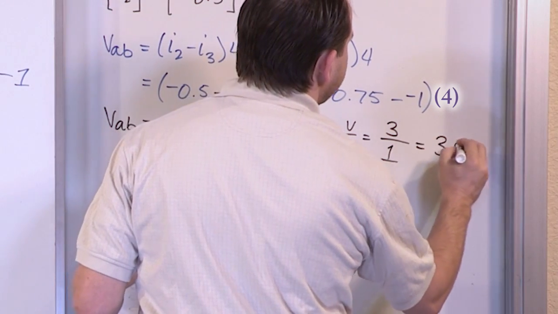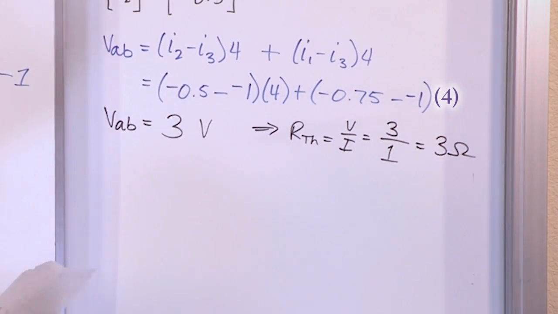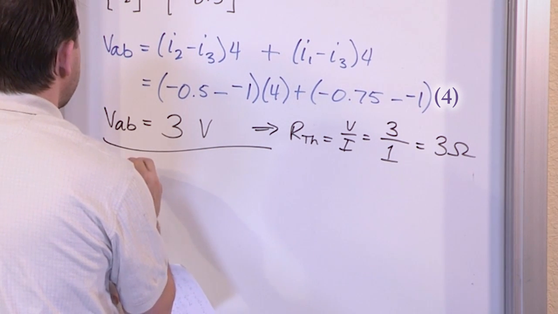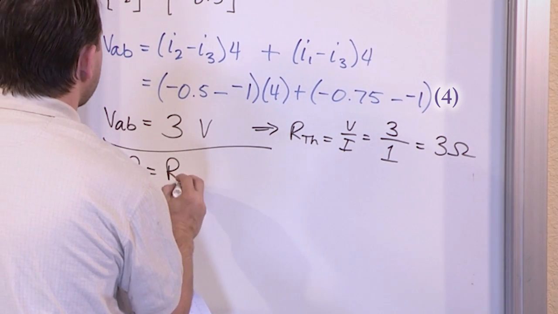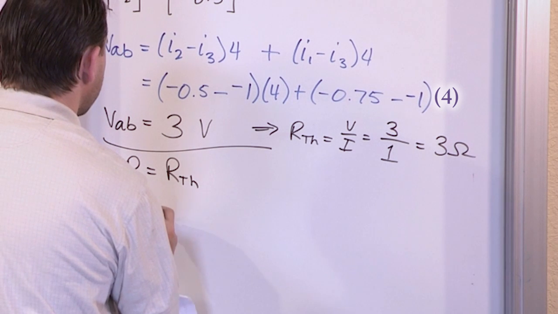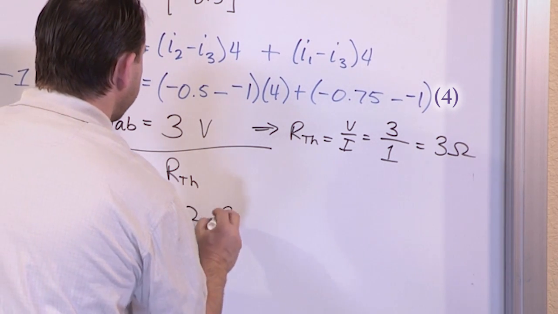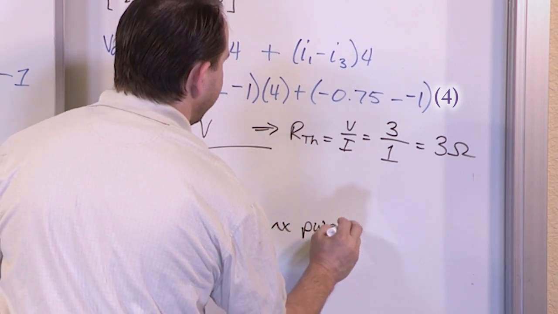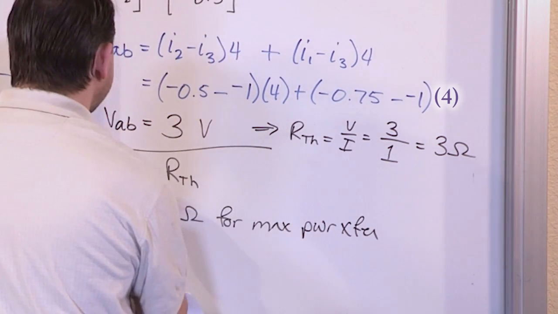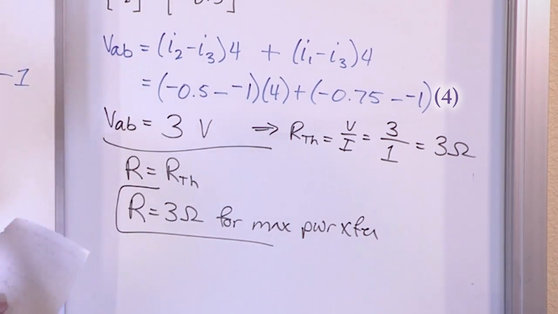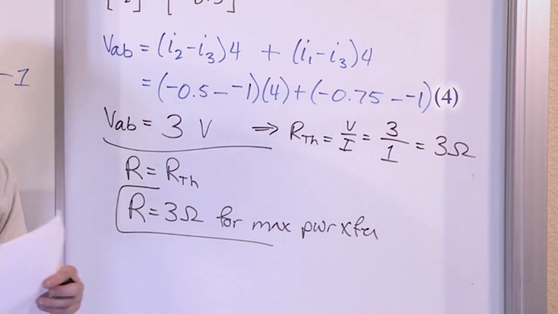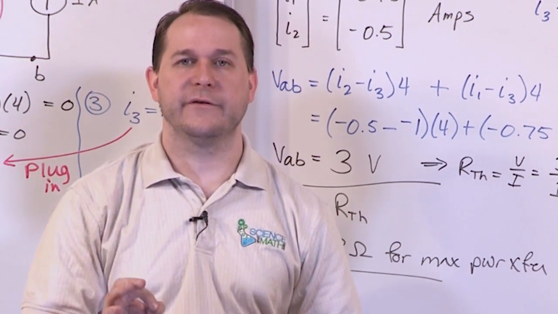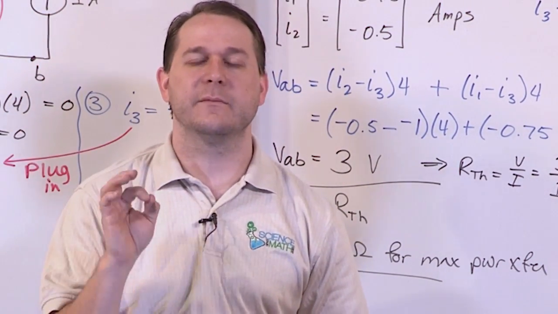So what we get is 3 ohms for the Thevenin resistance. And so the maximum power transfer is when R is equal to R Thevenin. So then R must be equal to 3 ohms for max power transfer. Now this does not tell us what power is actually delivered to the 3 ohm resistor, but what it does tell us is that we have to put a 3 ohm resistor across those terminals to get the maximum power